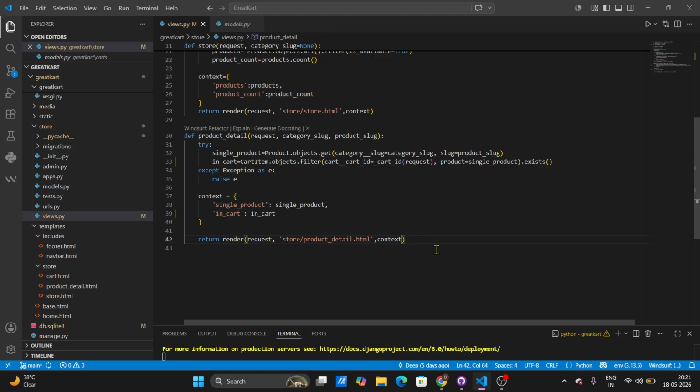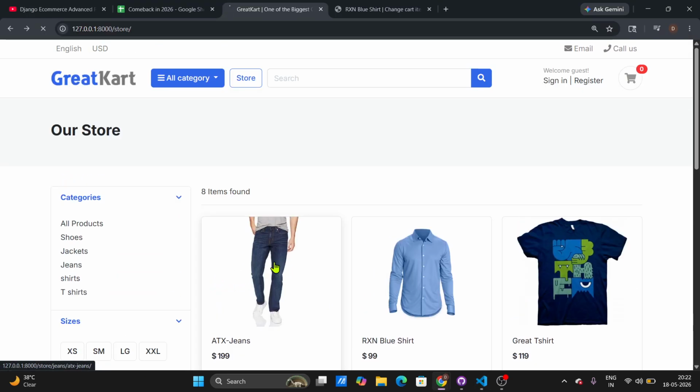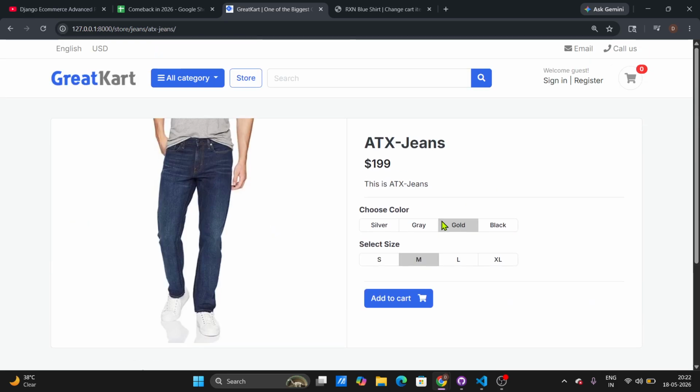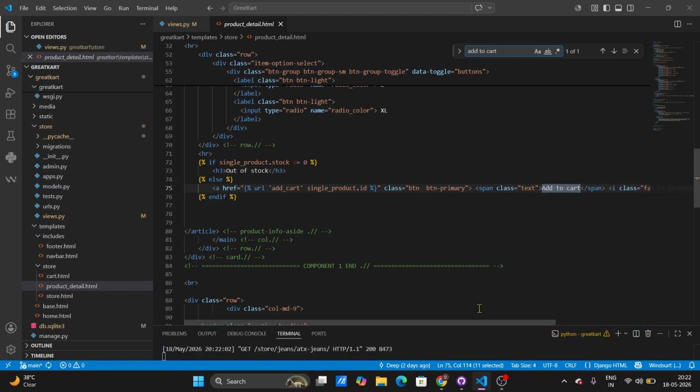Okay, so let's go to our product detail.html. Inside this product detail.html, we have to edit that. Now what we want is to show here an added to cart button. So now find this add to cart, it is here. Inside this we will run another if else condition. Okay, so if a single, it's out of stock,